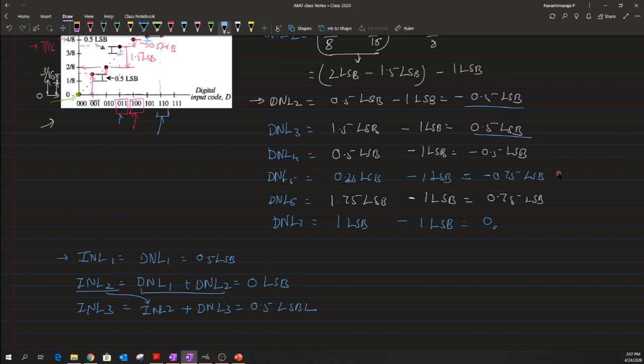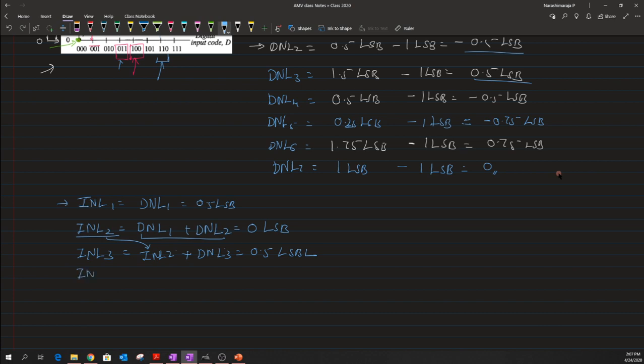and due to which we end up having a value which is 0.5 LSB here. And INL of 4 can be written either completely in terms of DNL or partially as the previous value of INL plus the current value of DNL. I will use the second method, like I used for INL of 3, which is nothing but the addition of all the DNLs till 3 plus the DNL value of 4. The previous value of INL 3 is basically 0.5. To this I have to add this minus 0.5, so that would end up having a 0 here, and INL of 5 is INL of 4